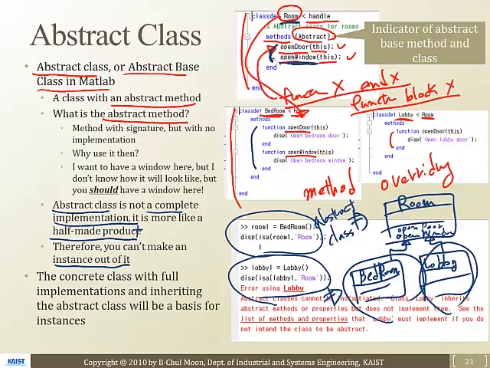Okay? It means that we are enforcing that if something is a room, then it must have some methods, open door and open window, right? So if a bedroom is a room, it should have these functions. If a lobby is a room, it should have these functions. We are kind of marking down our design concept as a room. Okay.